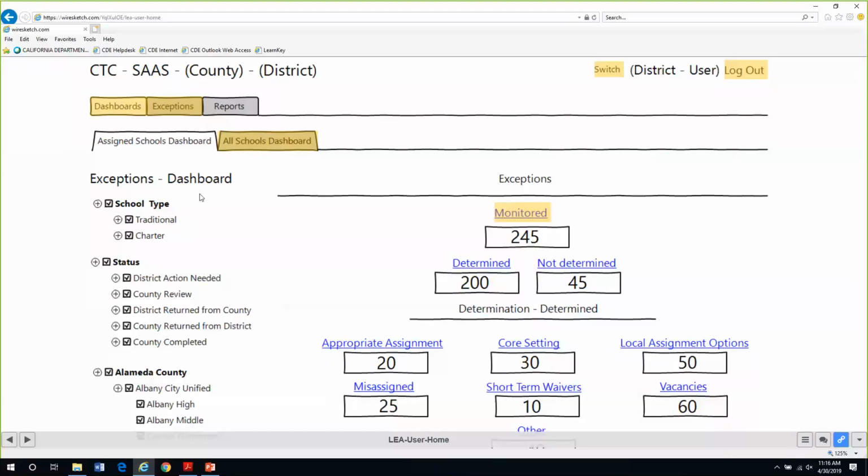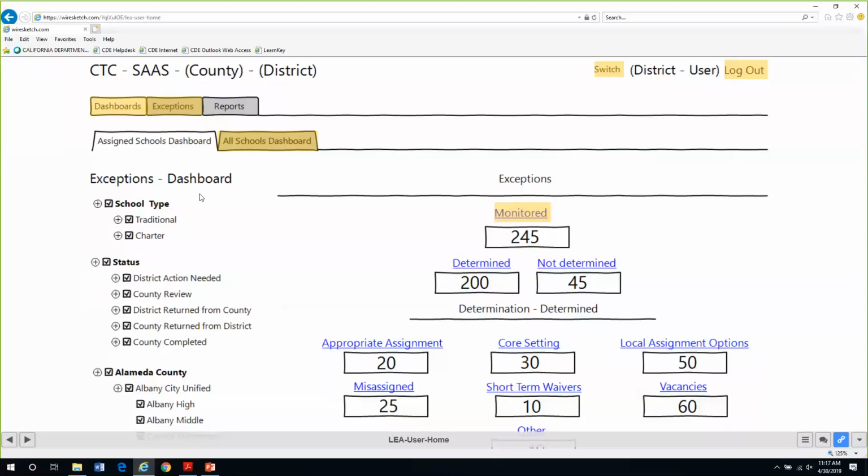So the charter school would not directly be in the CalSAAS system. If the LEA school district is the chartering authority, the LEA serves in a dual role as their own monitoring authority. There's not a secondary piece to that for the charter schools. They have the ability to directly report the assignment monitoring results, exceptions, and determinations that have been made to the commission just for the charter schools.